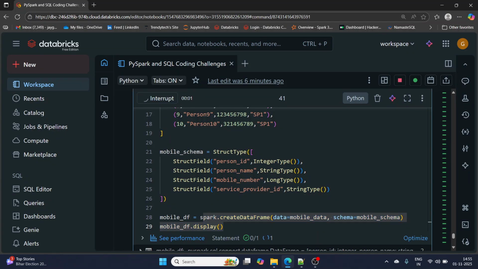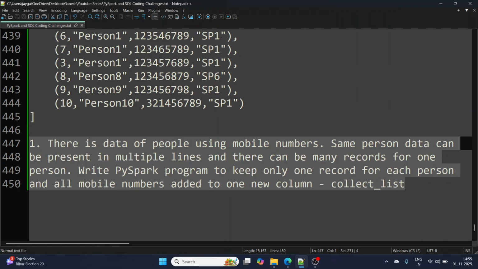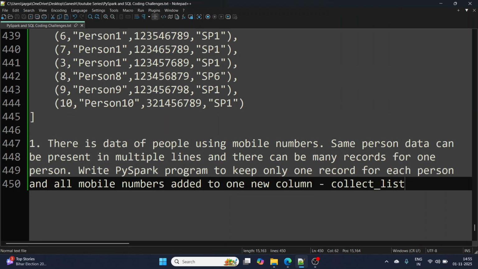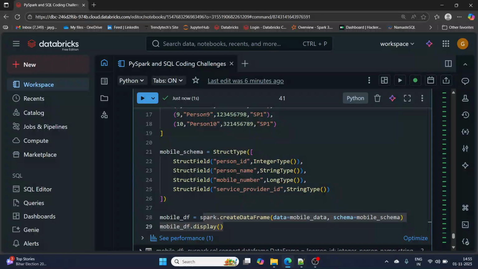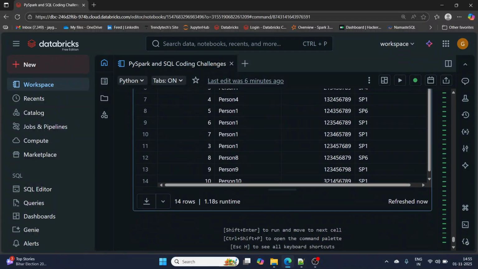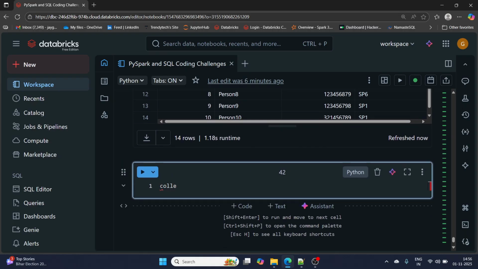Let me run this. Now for the first problem, there is a transformation called collect list, using which I can collect the mobile numbers for these people and create an array. So I'll go to the next line and write, let's say, collected mobile numbers.